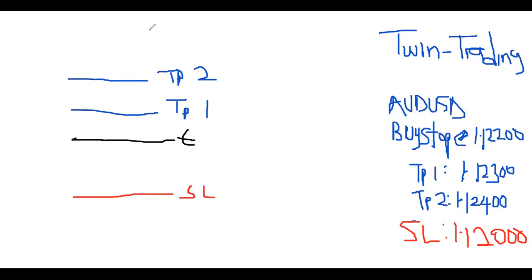So you now enter the market. What it means is, let's say this is the pending order, and the market was here. Immediately the market hits your entry point, you're already in the market. And once you're in the market, the TP1 and TP2 are active. So once this goes up,